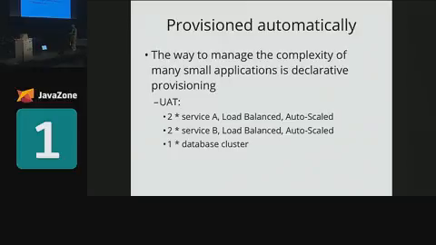And I think there's been so many advances recently with infrastructure as a service. I say recently, we're going back to 2005, say. With virtualization, with platform as a service, infrastructure as a service, we should be able to provision these systems automatically. Got an example here. Your UAT system might be composed of two services which are load balanced, say, two other services also load balanced, and a database cluster. You should be able to deploy and provision that entire environment automatically from scratch.